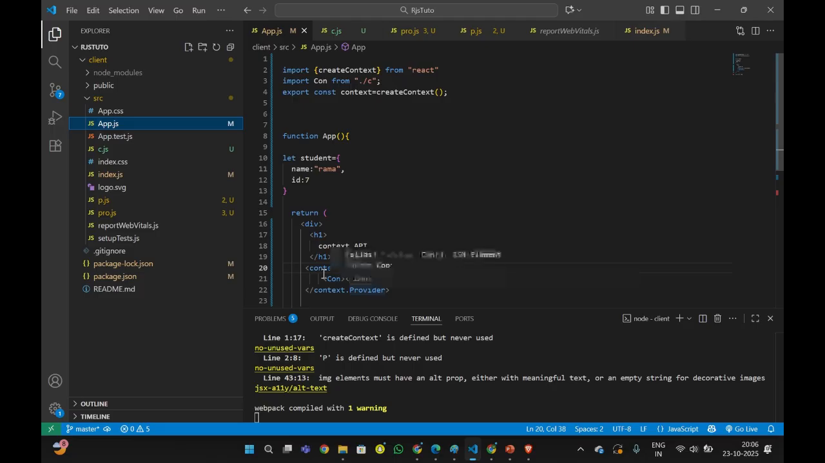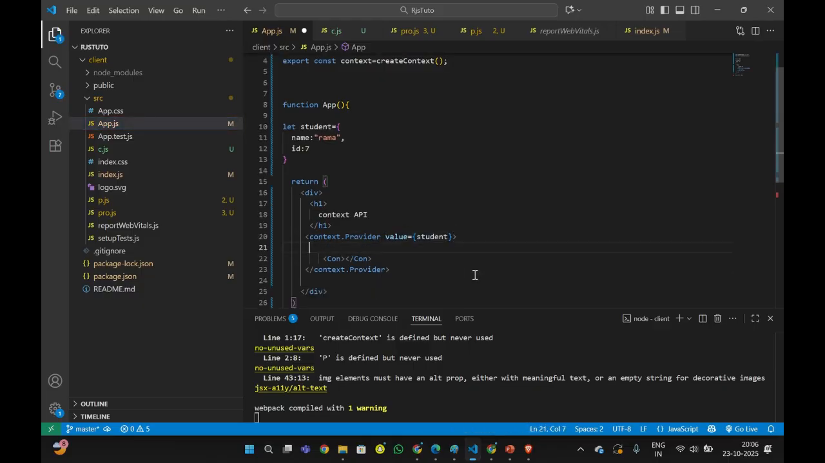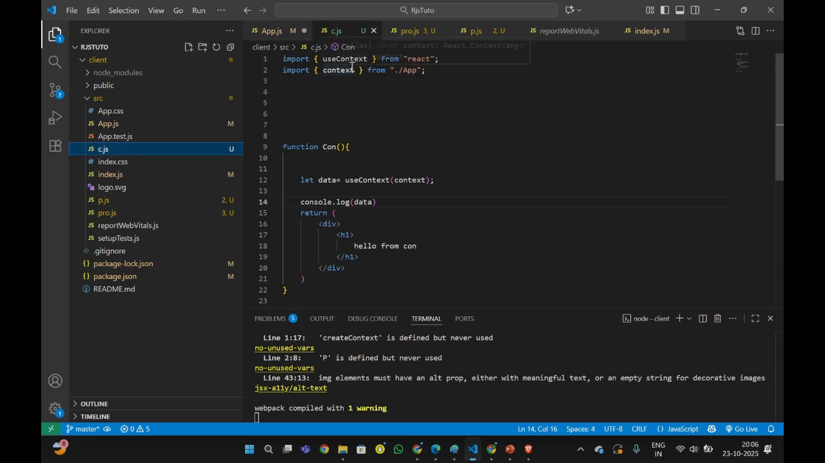and between the context I gave the child component to which I want to send the data, and I'm sending the data through here, same like props. And if you want to send data to multiple child components, I can just give them between here. And here I'm using useContext and assigning the context which I exported before in the previous file,